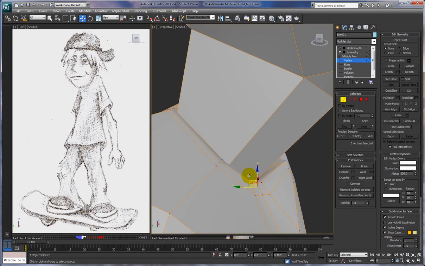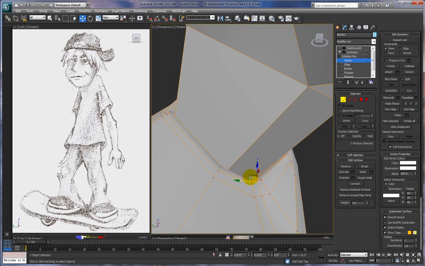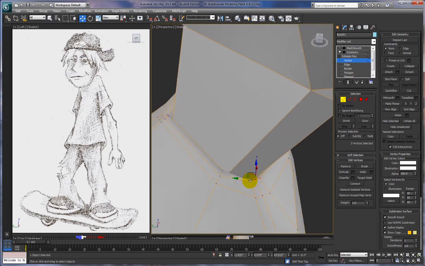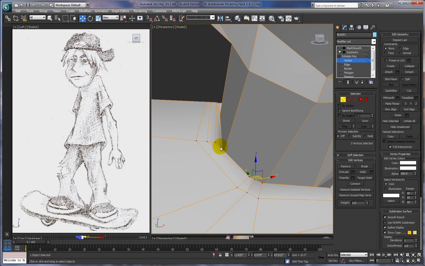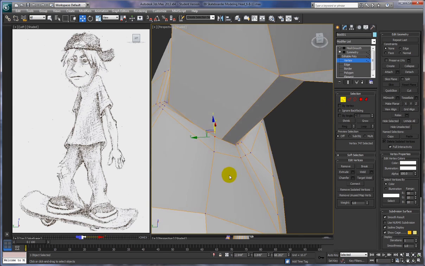Pull them up and in an angle like that. Up and in. And then I'm going to pull this one up really close to this one, and that'll create that nice edge that we're after